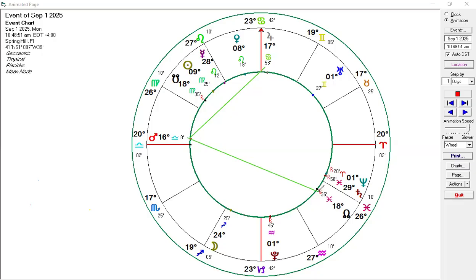But then we have Jupiter. Here's the other part of an energy that we can see. Look at another pointing. We've got these two pointing down toward the North Node. So Mars and Jupiter together, the square, because we're seeing cardinals. So this is a square right here. And then we have an interesting triangle here, because we have an inconjunct on one side and a trine on the other.